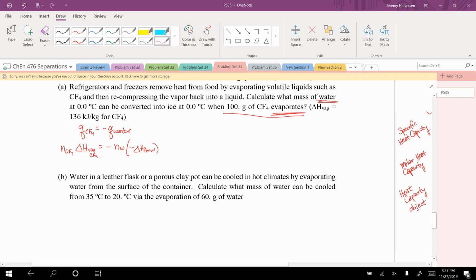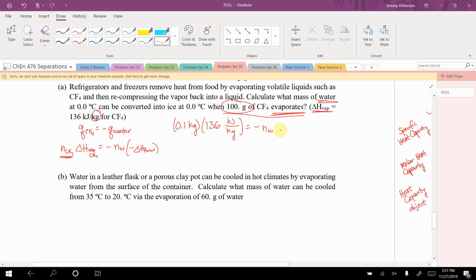So my amount is the moles of water. They give me my delta H vaporization for CF4 in kilojoules per kilogram. That means that I want to use my n for CF4. I'm not going to use moles. I'm going to use kilograms because that's the amount unit in my delta H. So I'm going to have 0.1 kilograms of CF4, that's what came from here, times 136 kilojoules per kilogram equals